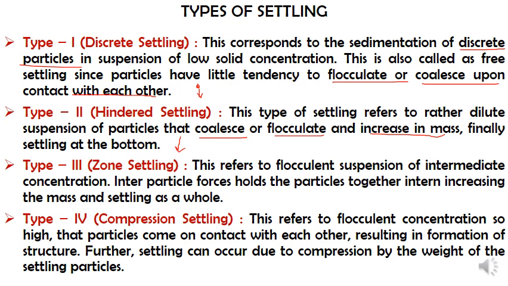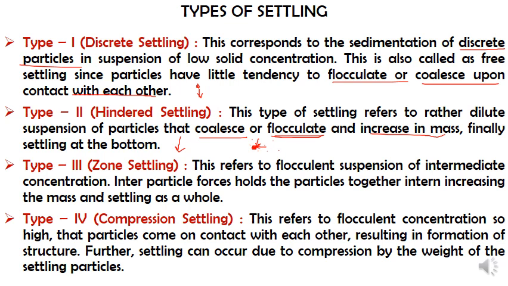To explain what a flocculate or floc is, you can see these small particles. As and when they come near each other, because of the particular ions present there, they will attract each other, and in turn form a larger group of particles. This larger group of particles is what we call a floc or a flocculate, and this process is what we call coalescence.